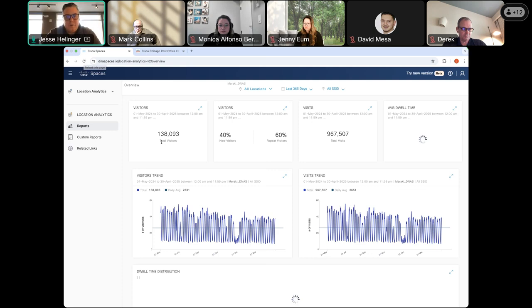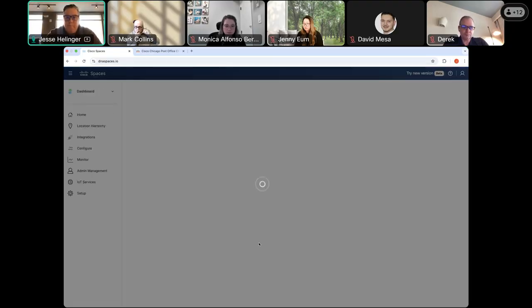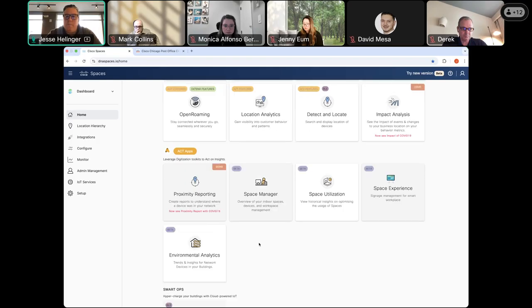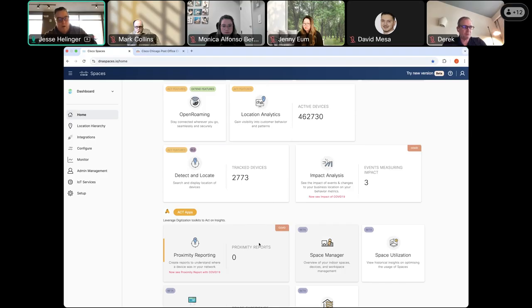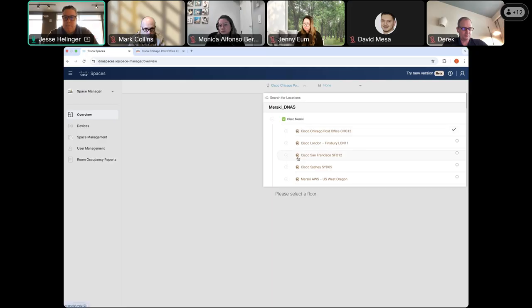Sorry, this is a demo data account too, or a demo account, so data is a little wonky here. But as we can see, we can understand visitor segmentation versus maybe student population versus employee populations with this data and this dashboard. And then one of the other things that we're doing too: I mentioned those Meraki sensors and those being critical to making sure that our defined areas or our campus is healthy and safe from an environmental standpoint. Whether that's environmental air quality, temperature, humidity, all that stuff we're able to track in Spaces as we're collecting that data. I'll show you what that looks like briefly.